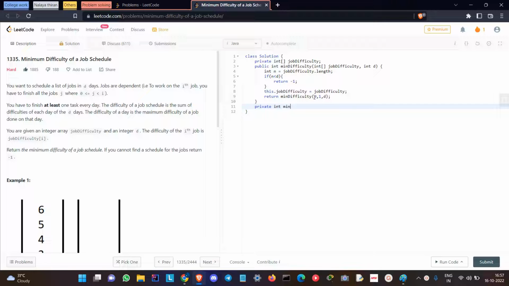So in the helper function we'll write the core logic here. Firstly the job index, second the day, finally total days. So your base condition will be, if the day is the final day, so let's call it total days, we need to simply find